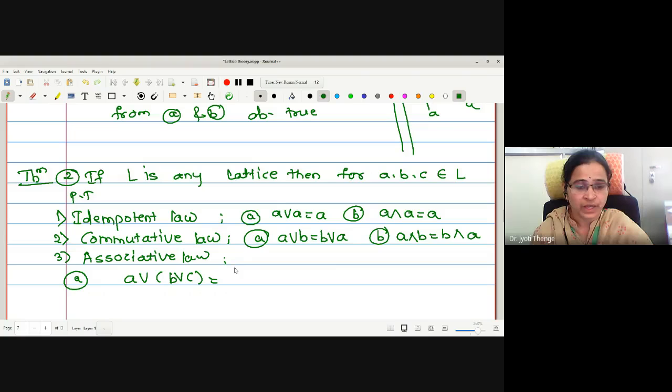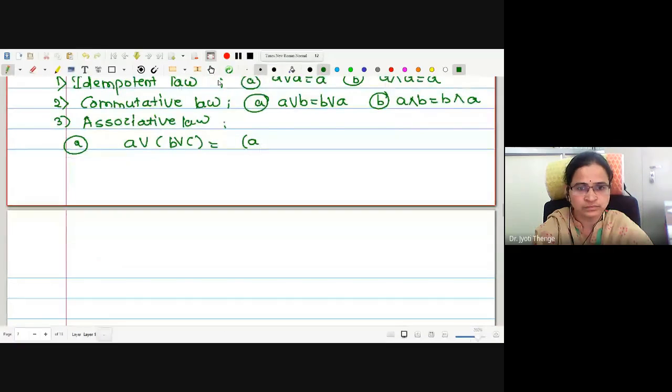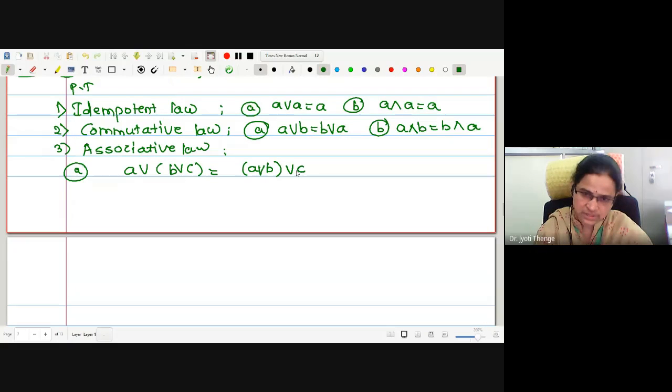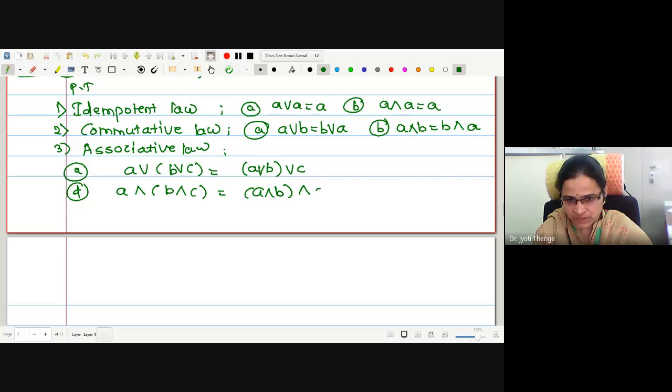Associative we are writing A join B join C, that is A join B, join C. Correct. Second, similarly for meet. A meet B meet C is A meet B, meet C. Fourth is